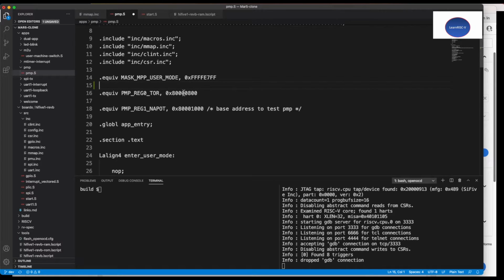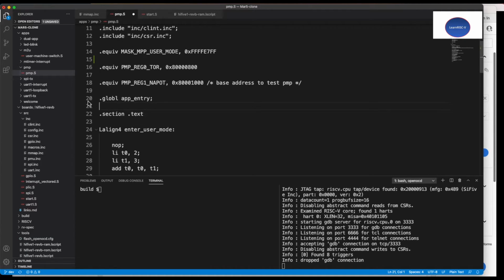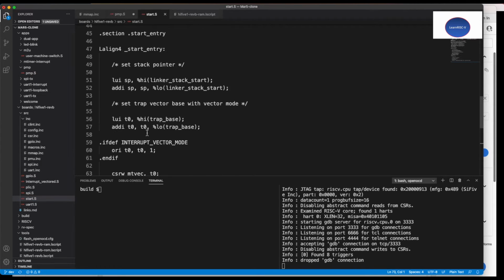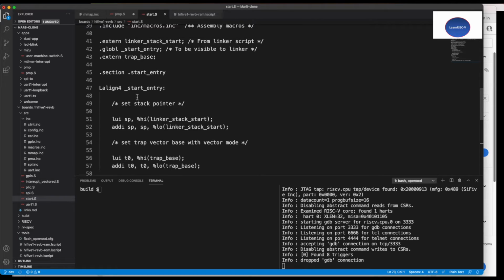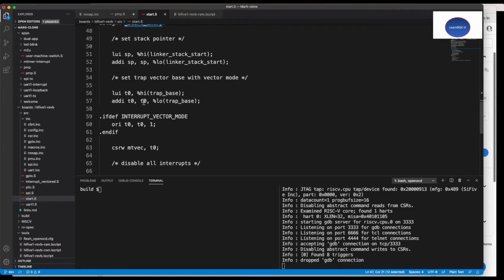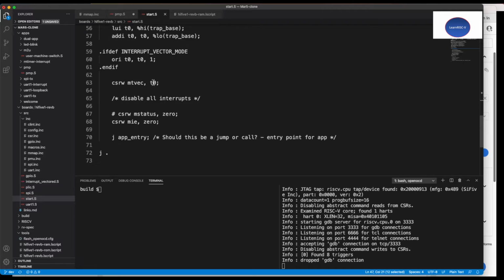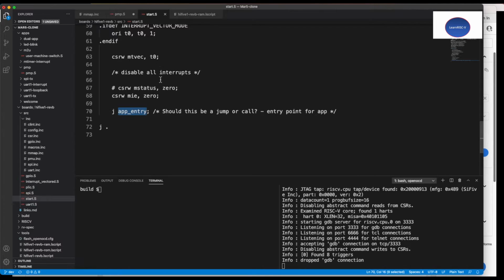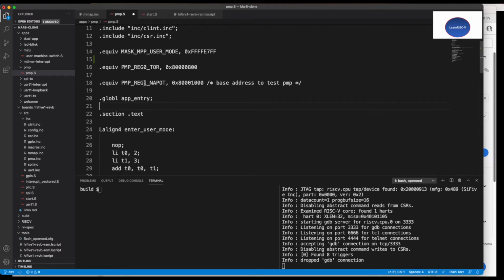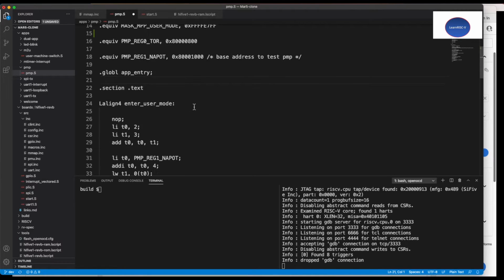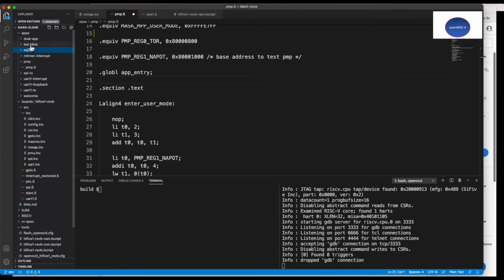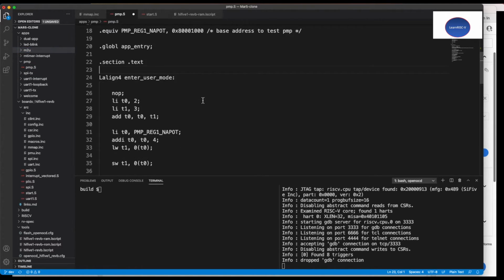And I like to use Visual Studio Code so that these fonts are bigger and easy to read. Okay, so as usual, right after the reset, the execution will jump into the start entry, and I just set the trap vector base, and then jump into the app entry. Every app directory here would have the app entry, and it would jump into